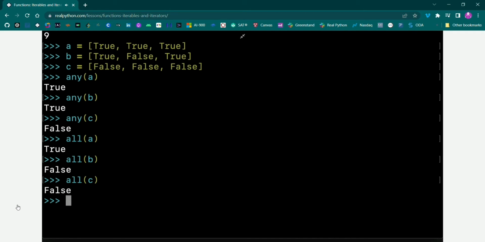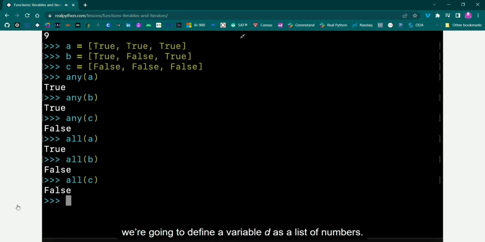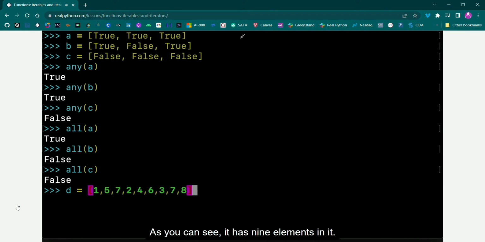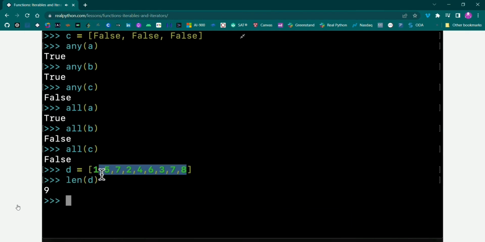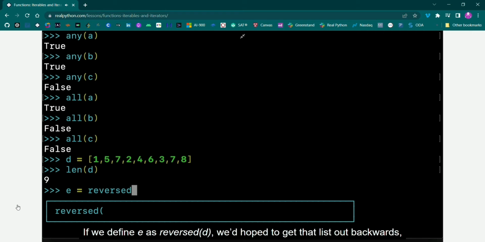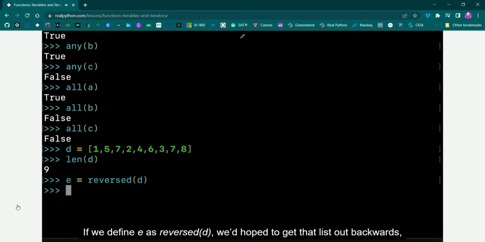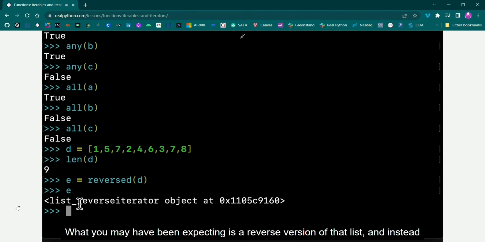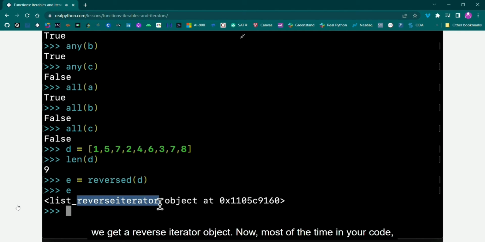For the next section, we're going to define a variable D as a list of numbers. And as you can see, it has 9 elements in it. Let's look at the reversed function. So if we define E as reversed of D, we'd hope to get that list out backwards. And if we look at it, we don't get exactly what we're expecting. What you may have been expecting is a reversed version of that list, and instead we get a reverse iterator